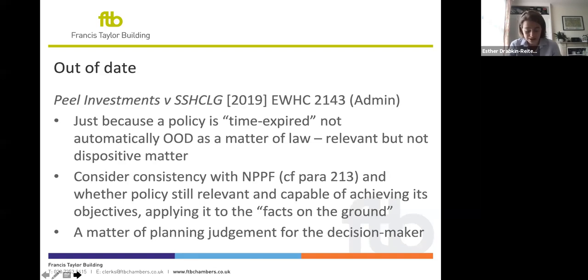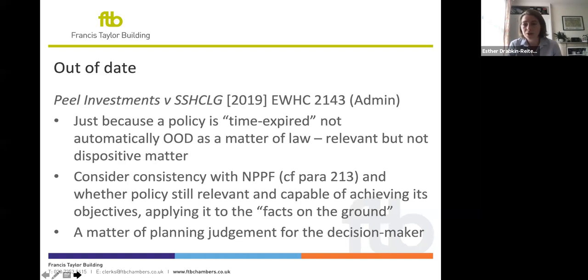The judge, Mr. Justice Dove, disagreed with this, and applying Gladman, held that just because the policies were time expired did not mean that they were automatically out of date. It was relevant that they were in a time expired plan, but this wasn't a matter which was dispositive of the issue. He then went on to state that when you're considering whether policies are out of date, you need to first consider consistency with the NPPF,